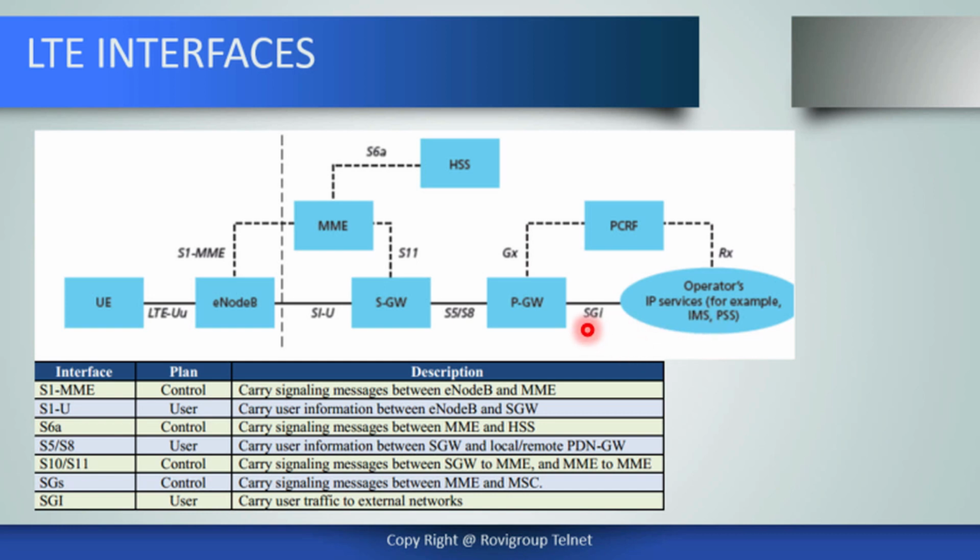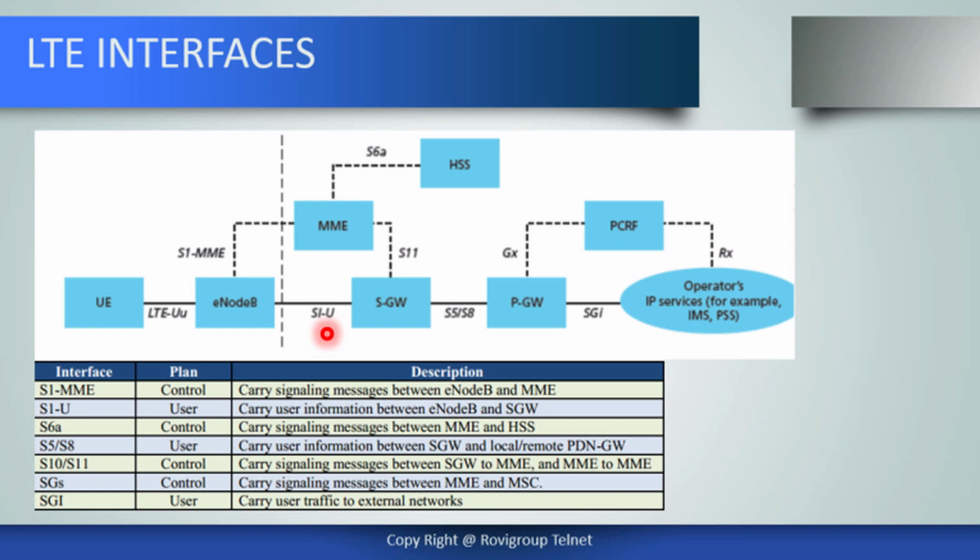It also has a connection with PCRF through the Gx interface, and the PCRF has a connection with the internet service provider through the Rx interface. The MME also connects with HSS through the S6a interface. Now, these interfaces are divided into control plane interfaces and user plane interfaces. Control plane interfaces are those that carry signaling messages, and the user plane interfaces are those that carry user information